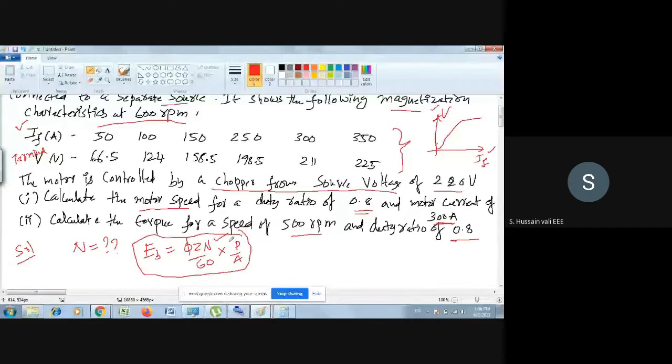Okay. So to find out the speed, what do you require here? Of course some constants are also there. So I will say that EB is proportional to N. I can write like this. Of course this current is also there. I will get phi also, because in case of the DC series motor, phi is also variable. Remaining are constants. Then what's next now? So can I say like this that EB is proportional to IA into N because